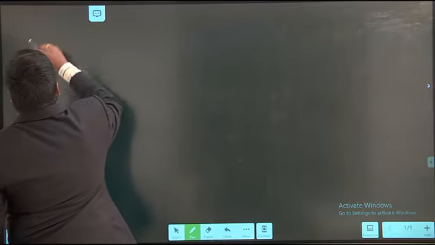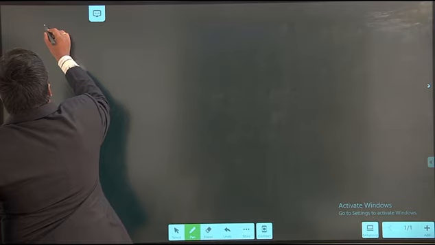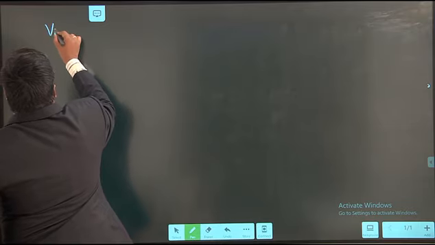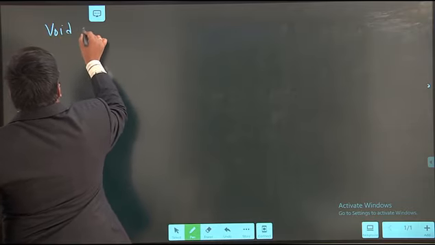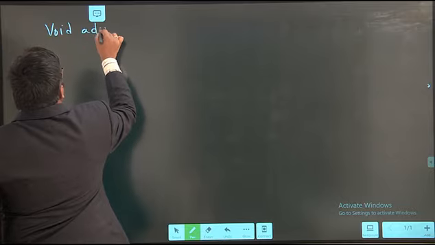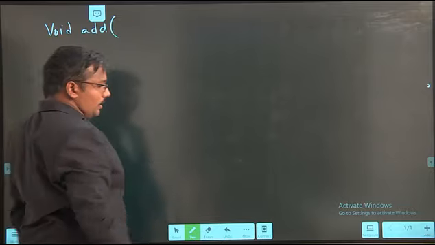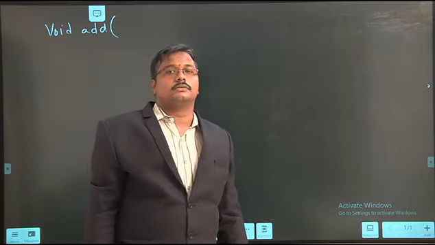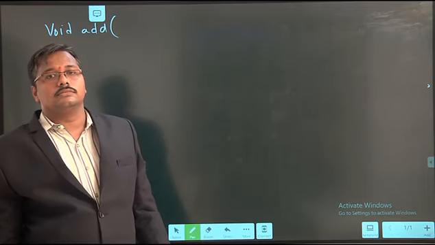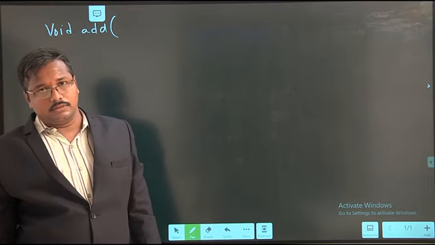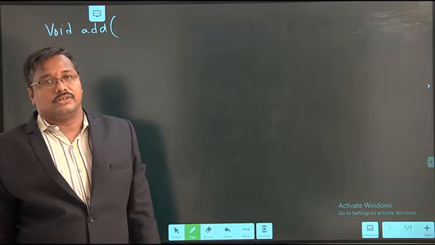I am doing it right now. So, void add. Void means it returns nothing. Add is a function.